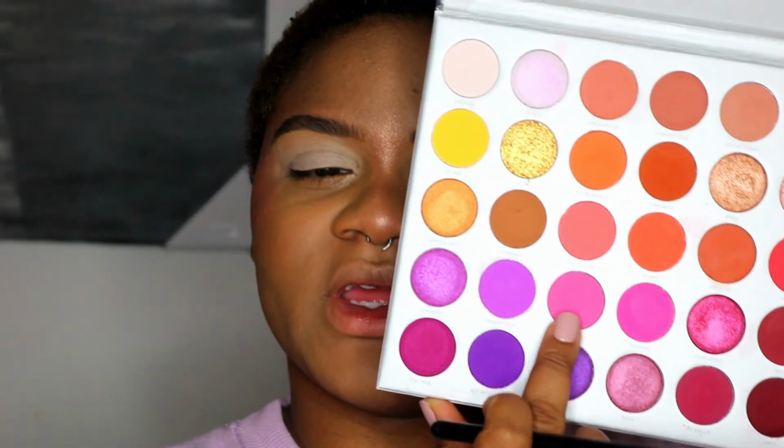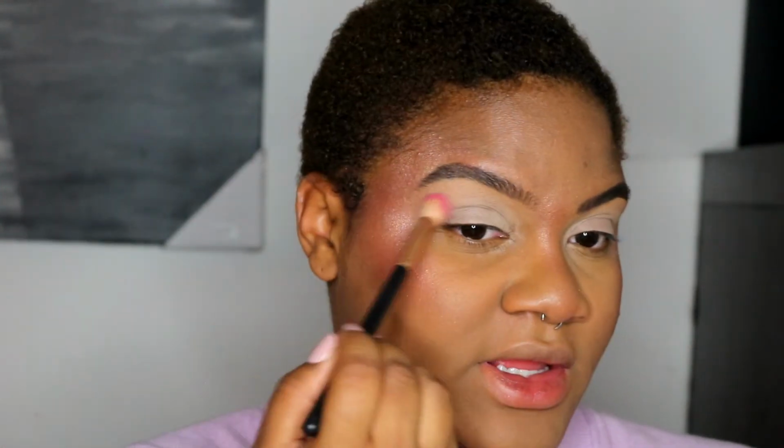So I am gonna go in with Loli Mama, this color right here, and literally just put it all over my crease. And I'm gonna try to do it messy and flick it out at the end, so it comes out like that. And I know that seems crazy, but